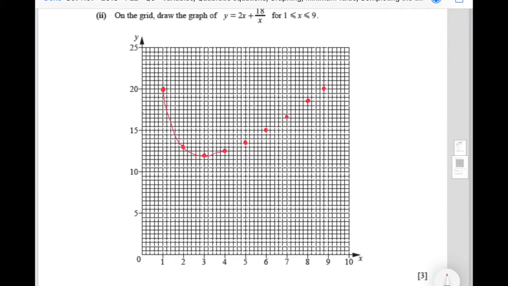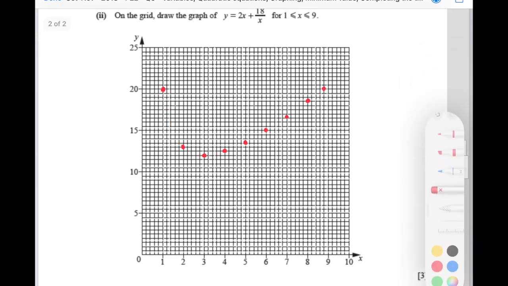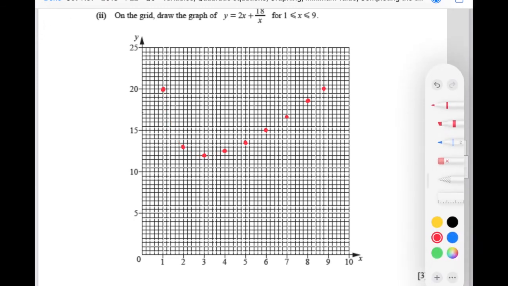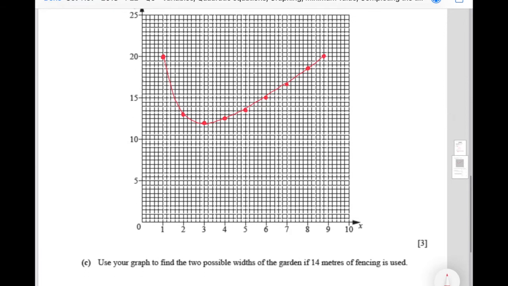So I made a mistake over there. Let me do it again. It shouldn't look like that. So if we start from here, it goes like this. The minimum point is this, it goes like that, and then we connect all these values by the same straight line. Okay, this looks much better. Let's use these values for the questions in the next part.